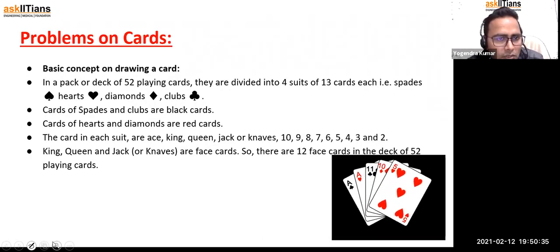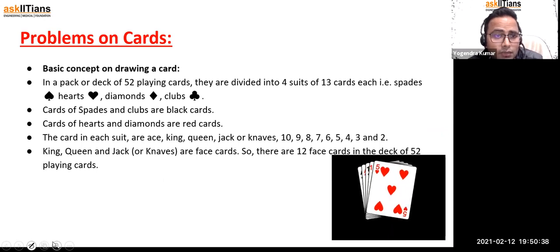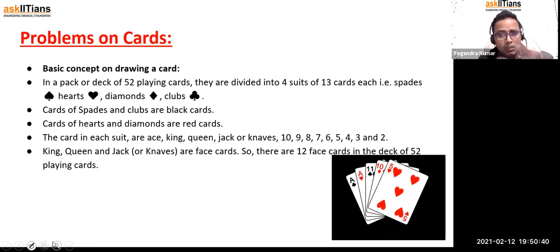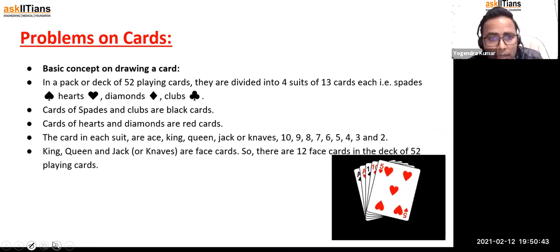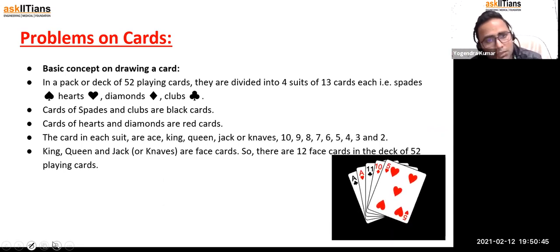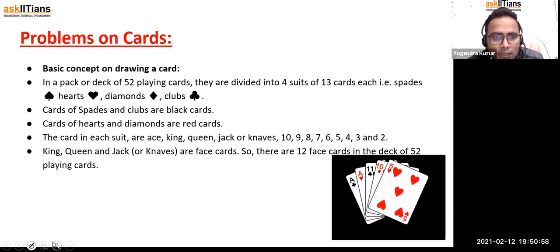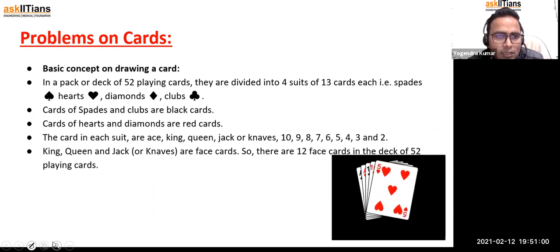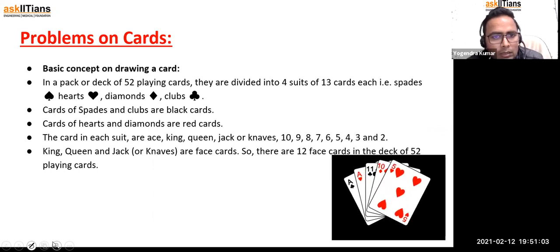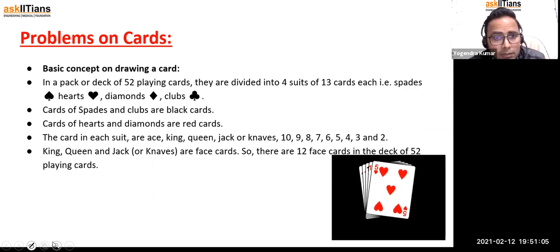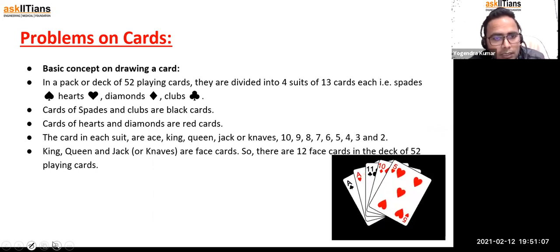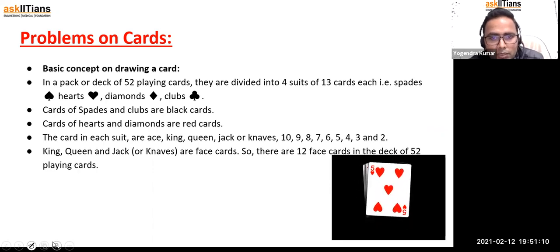Now problems on cards, you need to understand the cards first. 52 playing cards. We are talking about the cards which we use in playing, not the special cards. We don't include the jokers here. 4 suits, 13 cards each. The suits are hearts, diamonds, clubs, and spades. Cards of spade and club are black cards. Cards of heart and diamonds are red cards. The cards in each suit are ace, king, queen, jack, and